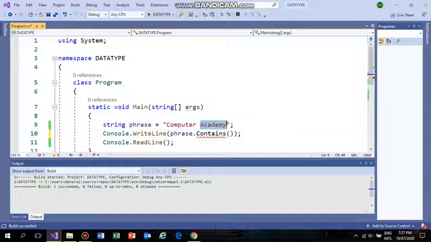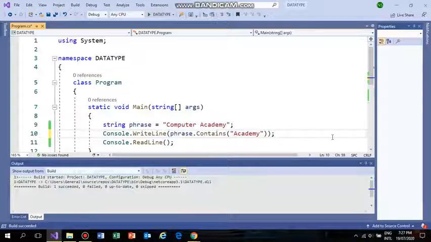And if you want to know whether it contains Academy, I'm going to copy it here, like this, in double quotation marks, Academy.